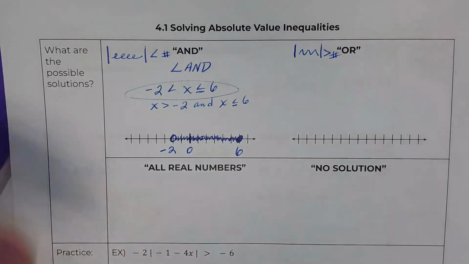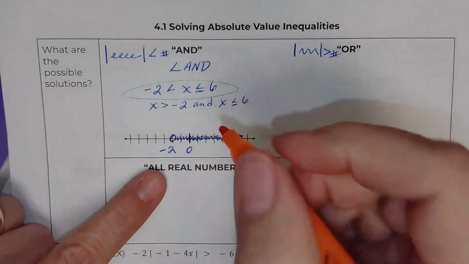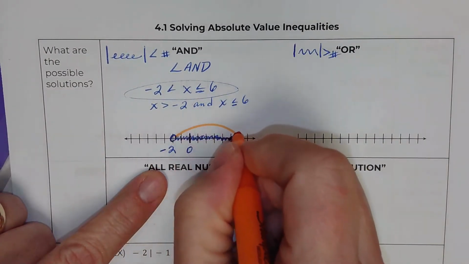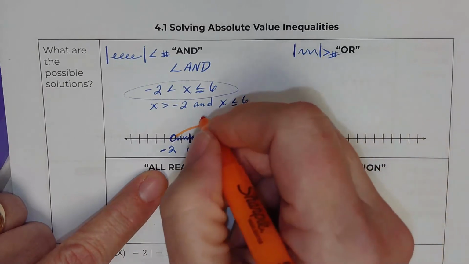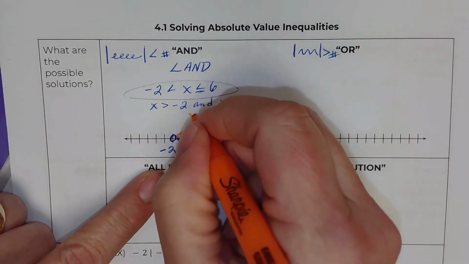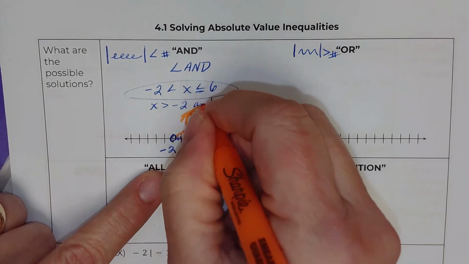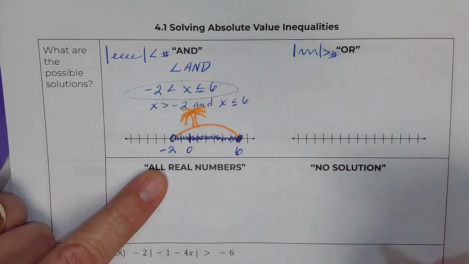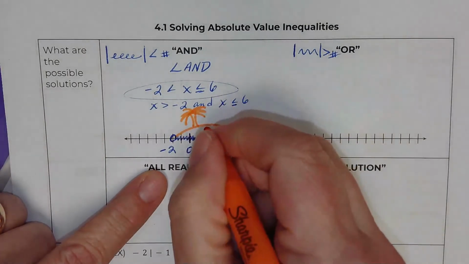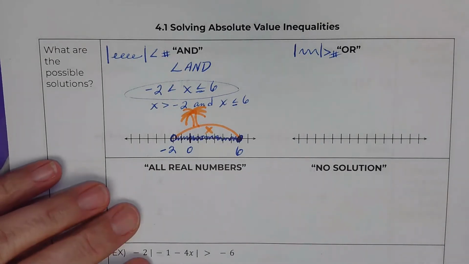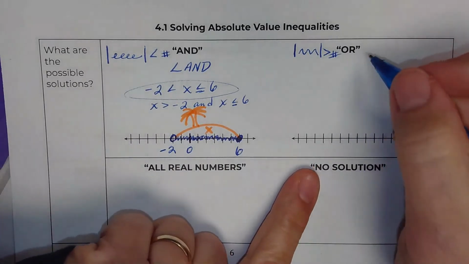Let's see. You could think of it, if it helps you remember better, as an island. You could even put a little tree. X marks the spot. X is everything in between these. Those are "and" inequalities. If you have an "or",